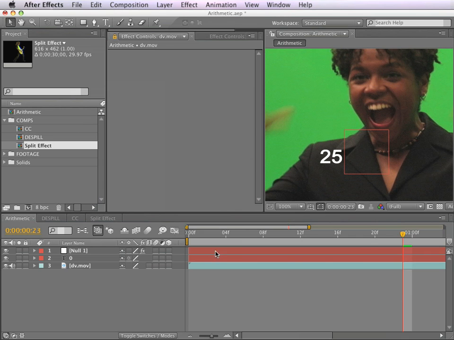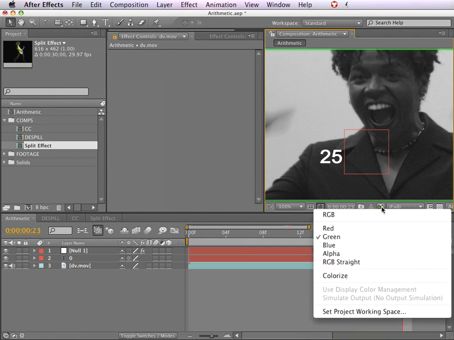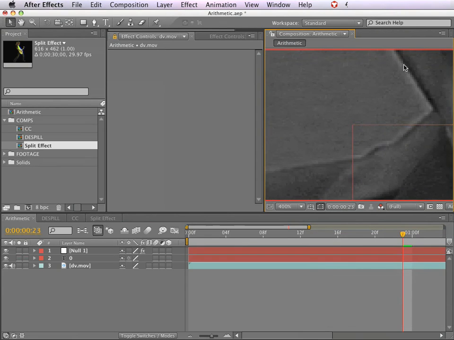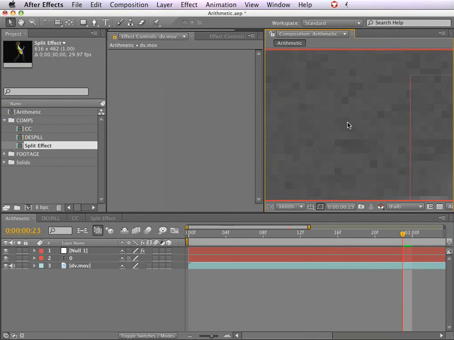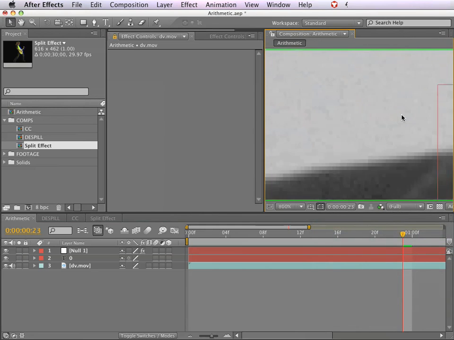Now, before I dive into the Arithmetic plugin itself, let's all make sure we're on the same page with regard to how After Effects constructs an image in 8-bit color space. Right now we're looking at the RGB image. The RGB image is made up of individual images called the red, green, and blue channels. Now, these channels are put together from individual pixels that range anywhere from 0 to 255. This creates 256 different levels of gray for each channel. When we put these all together, we get